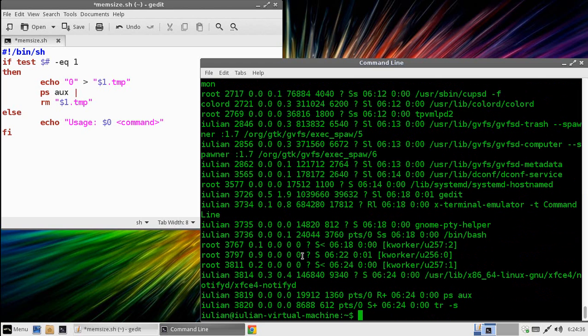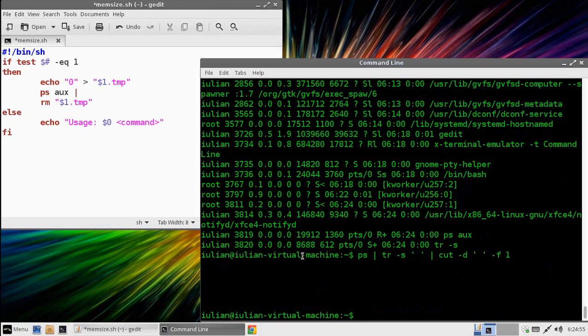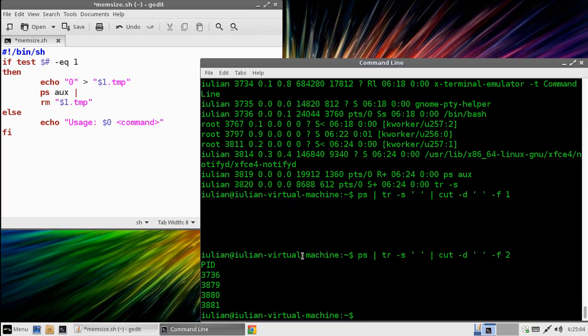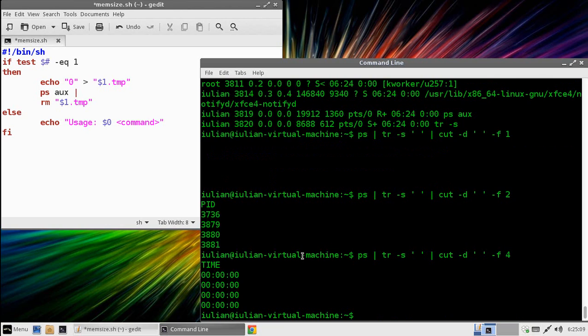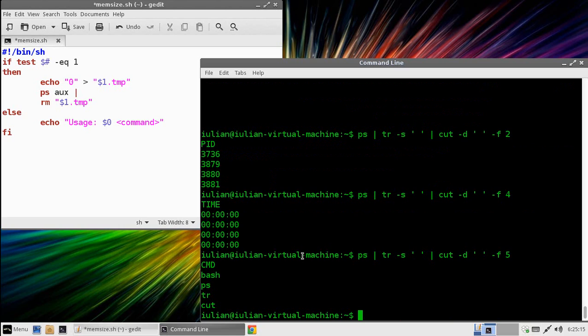If you can see here, it's not easy to read anymore, but it has only one space between the columns. Okay, and if I do this, let's just get rid of this to have less information. I can then try and cut by the delimiter space and get, let's say, the first field, and in this case the first field is empty. But nevertheless, if I try to get the second field, I will get the process ID. Okay. Then the fourth field is the time, but if I get the fifth, then I will see the command. Okay,